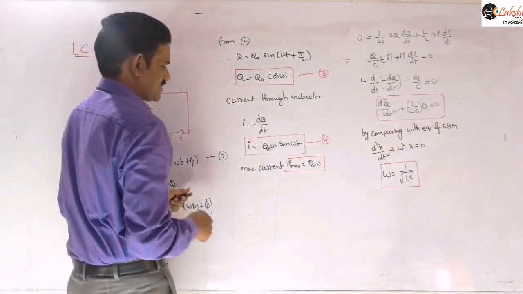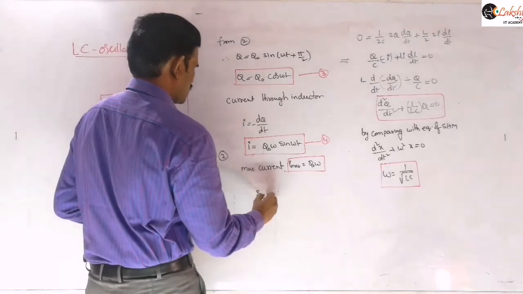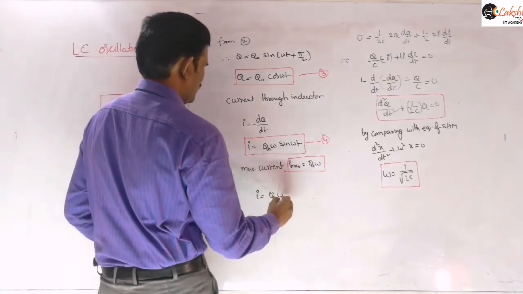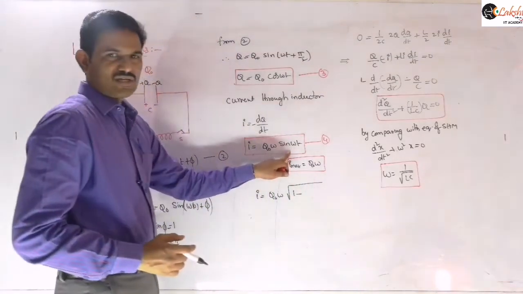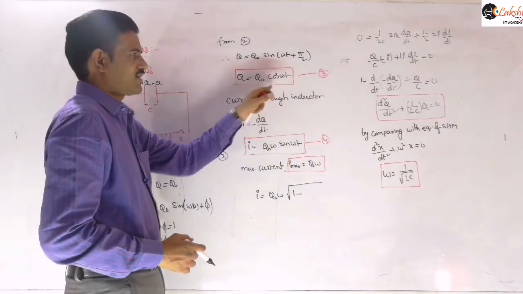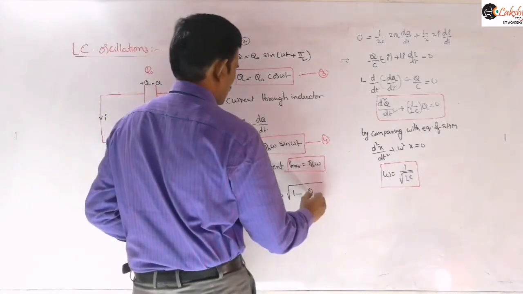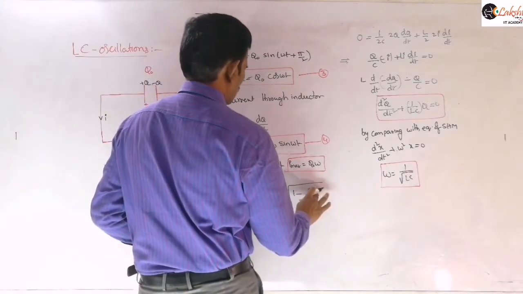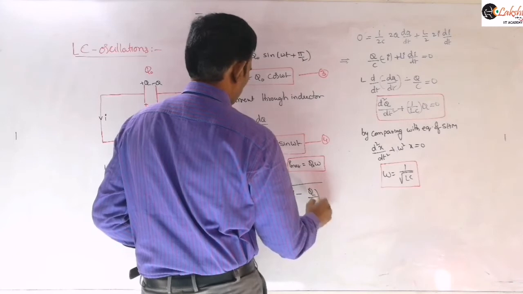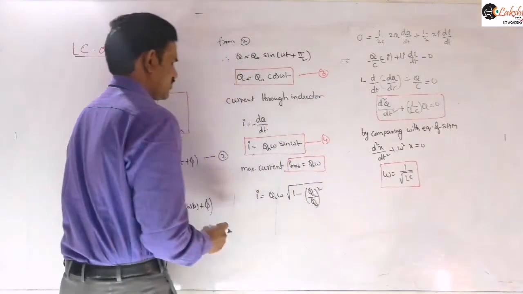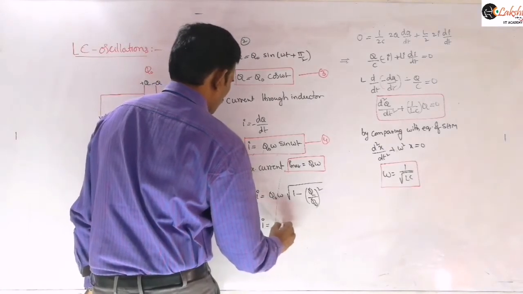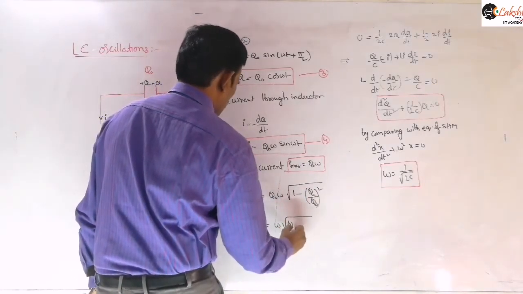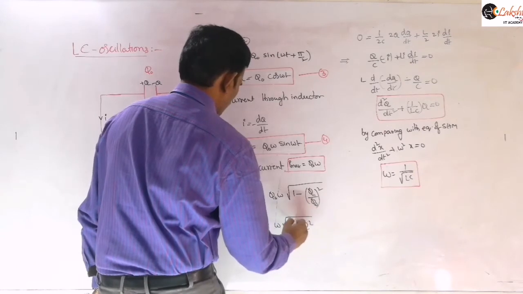Now see, this equation IV expression can also be written as q naught into omega into under root of 1 minus cos square omega t. We can write cos square omega t by using this equation here, like (q by q naught) whole square. If you take the LCM and simplify this, it will be omega into under root of (q naught square minus q square).